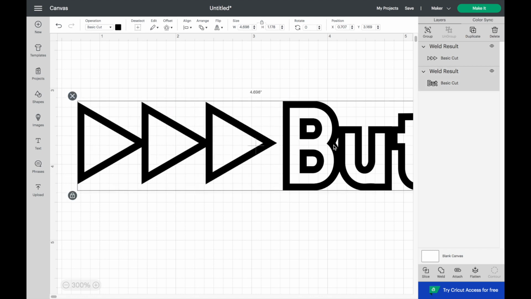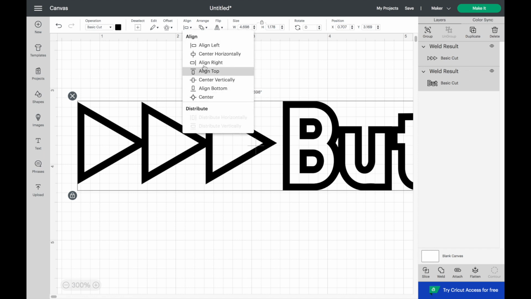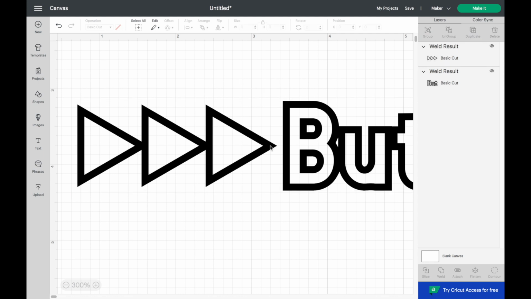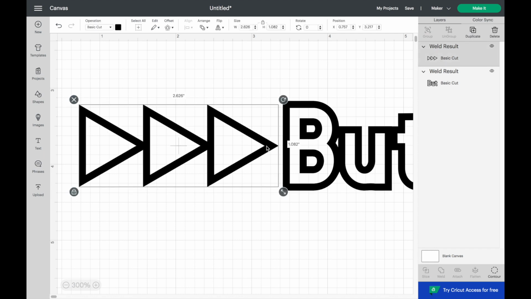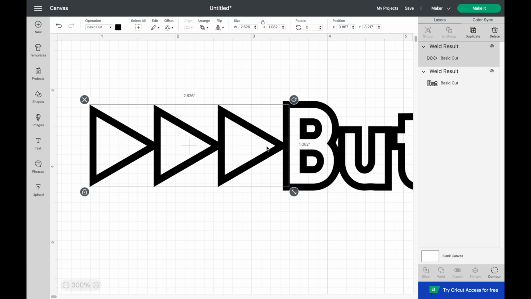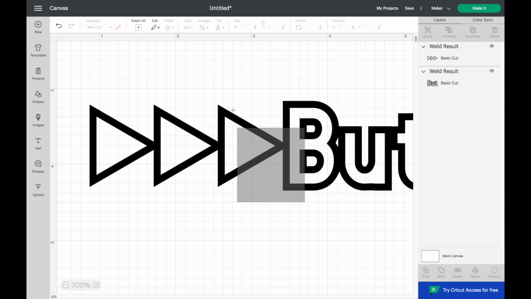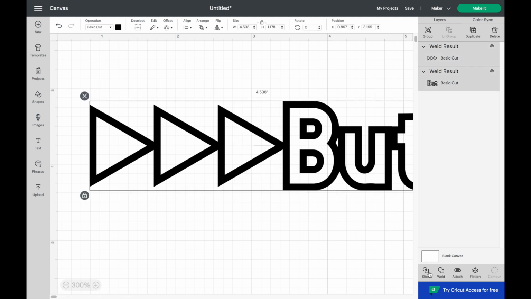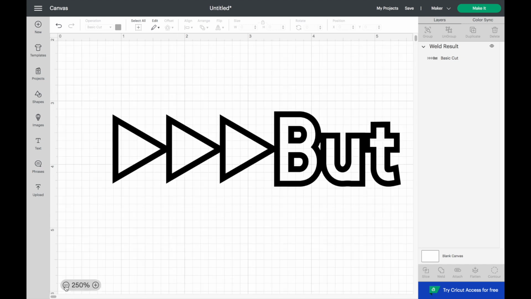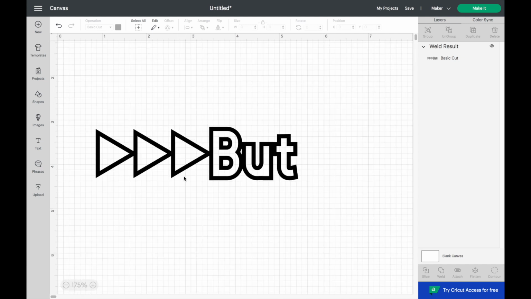And I'm going to select both of those. I'm going to go ahead and align those again vertically so that that center line goes through them all the same. And then I'm going to nudge that triangle piece up to my letter B, again doing the same thing, making sure that that point doesn't go past the flush edge of the B, and I will weld those together. And if I zoom out here a little bit and drag this piece around, you can see now,